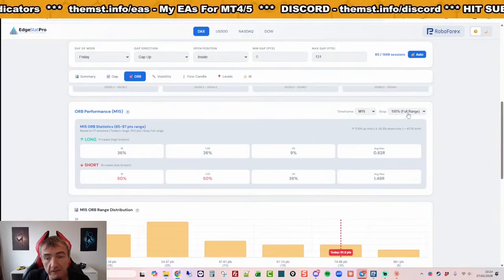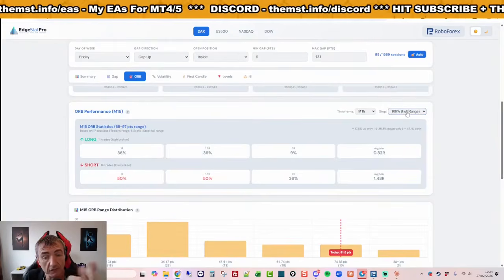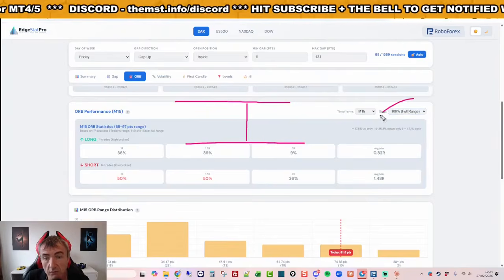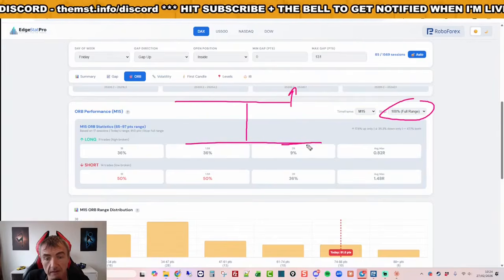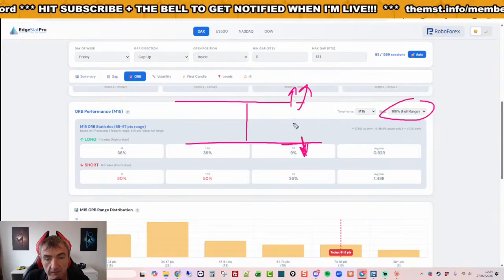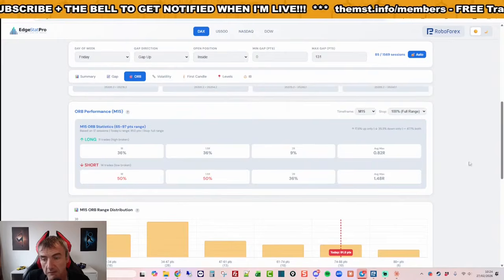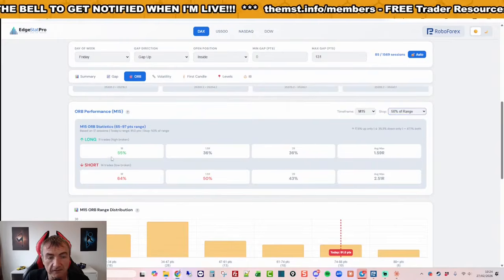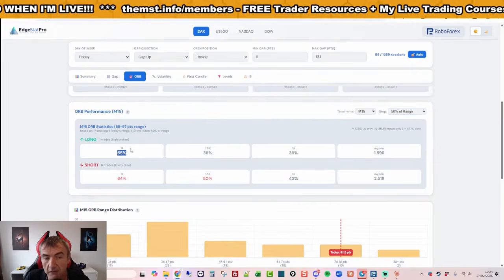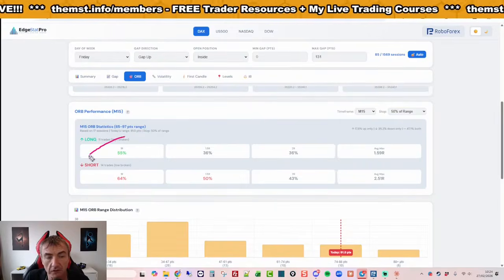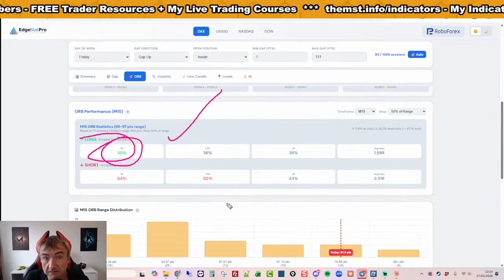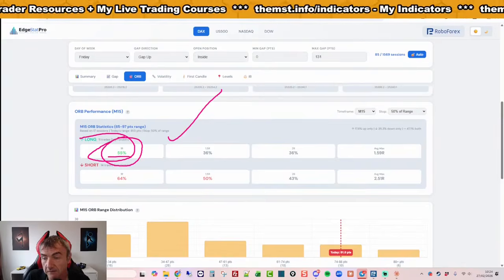So I said to him, let's see if we can improve it by not using a 100% stop. The moment we bracket whatever the range is, so long there, stop there, short there, stop there, we can also do a 50% stop, so both stops are in the middle. And then it will give you a different statistic. So if you went long today on the 15-minute ORB with a 1R, you'd achieve a 55% strike rate with a 1R. It's an edge.